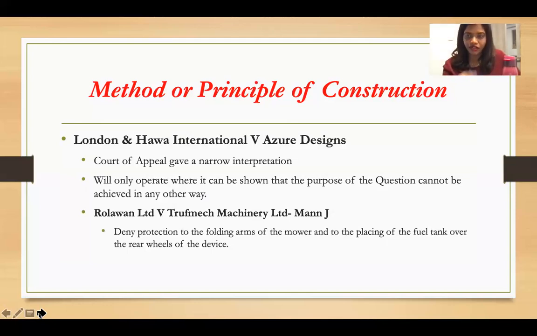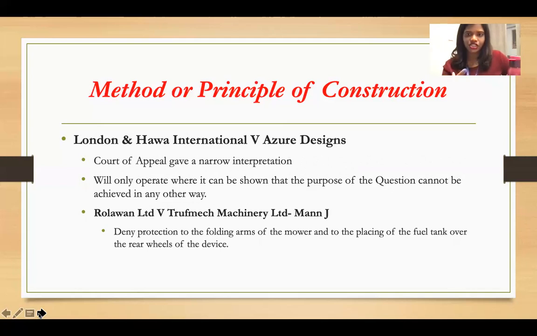So just for your information, it's not called London, it's called Landor. So please correct the spelling, it's not London, it's Landor. There's a spelling mistake there. Please correct that word. It's Landor and Howard International, where the courts have said that when you are looking at this construction,